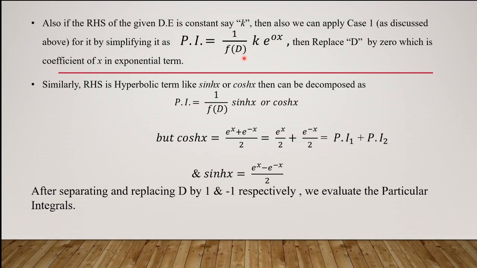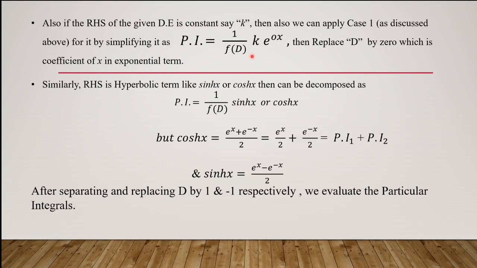f of d will have some constant term, so it will be non-zero. If it is 0, then you have to differentiate and replace again and check. So many a time you can come across a non-zero term in the denominator. So the motto of discussing this particular constant term is that a constant term can be written as k into e to the power 0x. Replace d by 0, get the simplification, k remains as it is. e to the power 0x is not compulsory to write because it is nothing but 1. The simplification of the particular integral is over.